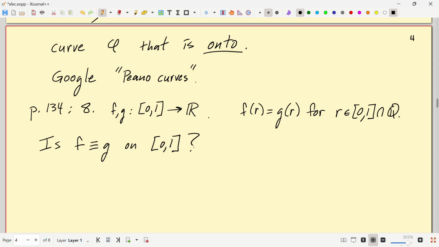What would you say to that question? I guess our examples above where you play around with, what would you play around with? Yeah. Is it said that F or G is continuous? No! That's the key here. That's why it's in this section on continuity. Being continuous would make this